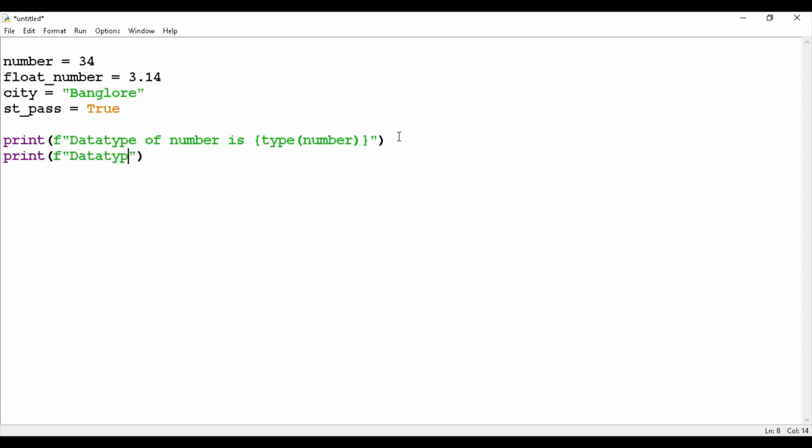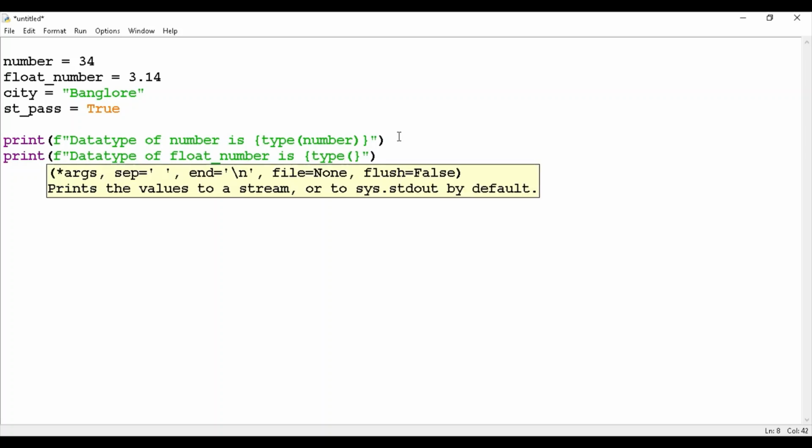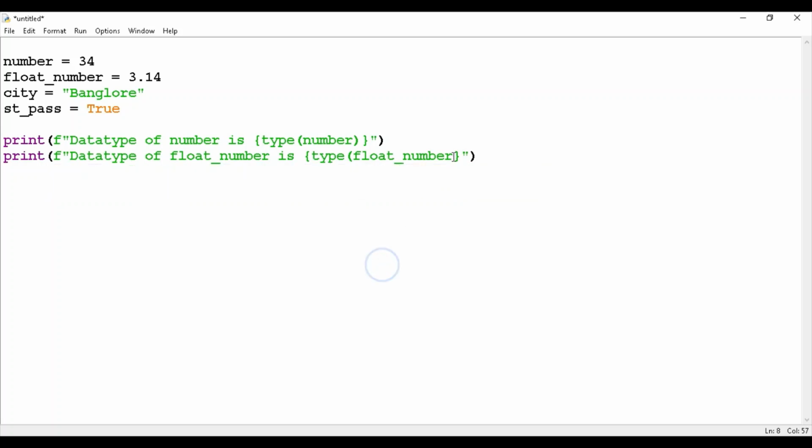So, data type of float number is type float number. This should be closed, right?